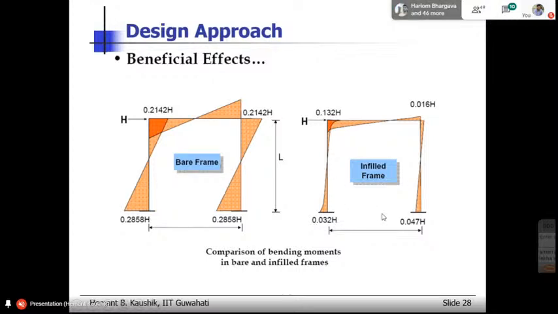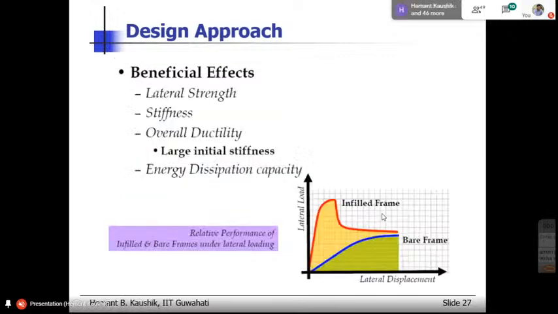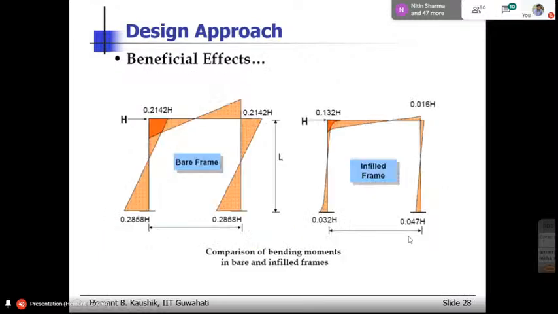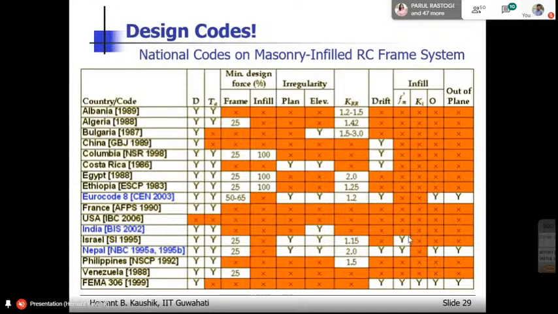You can reduce the bending moment in the columns and the beams, but this reduction is only applicable up to this region, right? So if you have a small earthquake, let us say, for smaller earthquakes, there is nothing better than providing the infill walls because they will very easily resist that load. But for bigger earthquakes, which are not frequent by the way, as soon as the infill walls fail, the entire load is transferred to the bare frame. So that is a very interesting interaction. So I'll come back to this